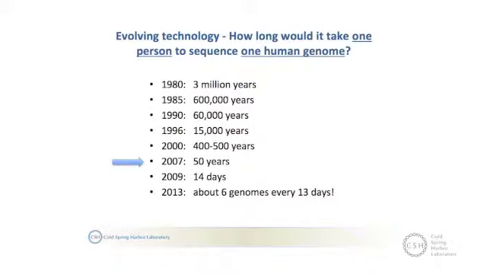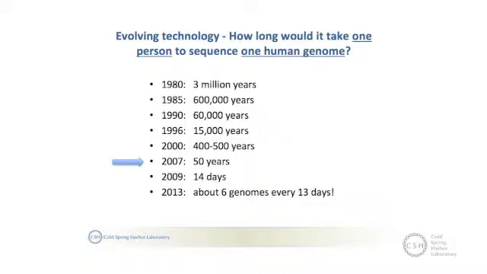To look at that in some other ways, how many person years would it take to sequence a genome? When sequencing first really started, in the late 70s, early 80s, it was estimated at about 3 million years to sequence one human genome. That continued to drop. Even before this new technology in 2007, it was about 50 person years to do a genome. And then in 2009, by the time these had started to ramp up, it had dropped to about